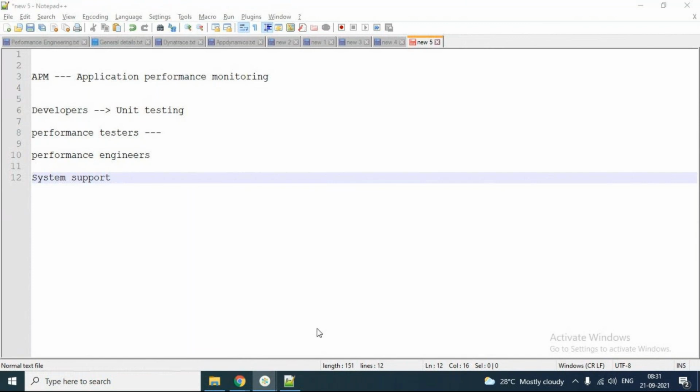Instead of that, in the AppDynamics tool you have alerts and response, which means you don't have to literally sit and observe what is happening in the server. If you configure the CPU utilization metric, memory utilization metric, like that, properly, it will automatically do the task. You only need to interpret the information. That's the only thing you have to do. Other than that, you do not need to do anything.